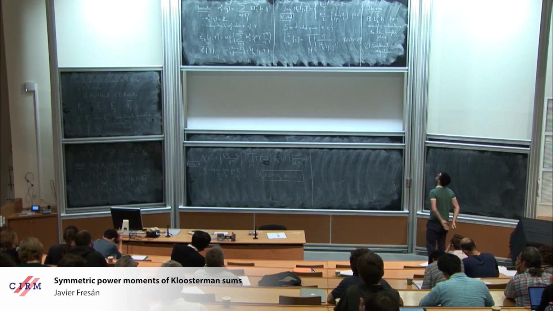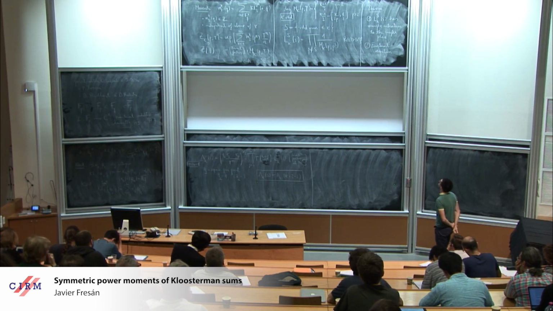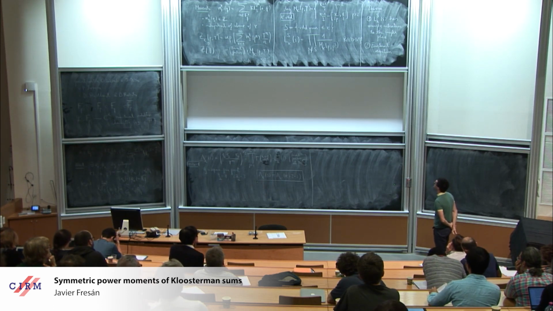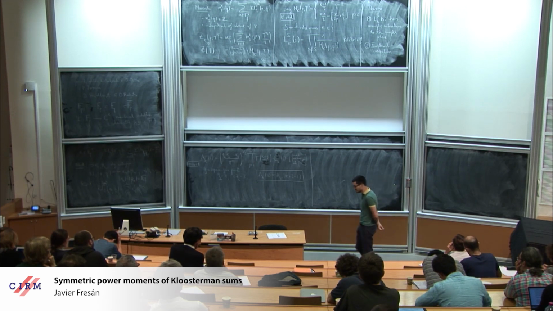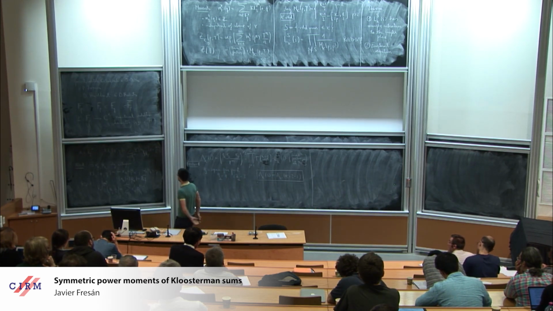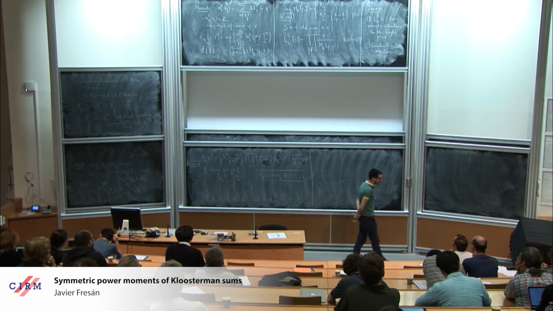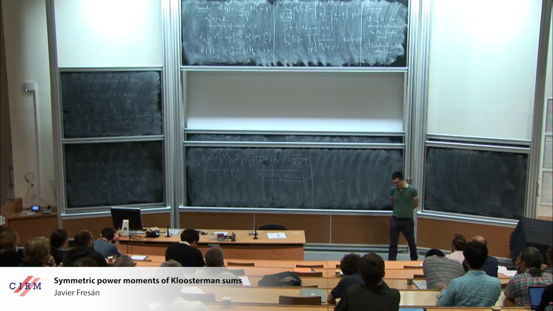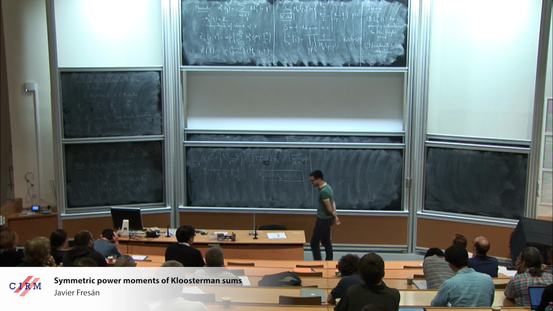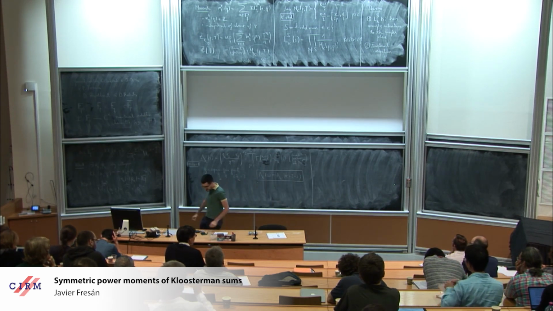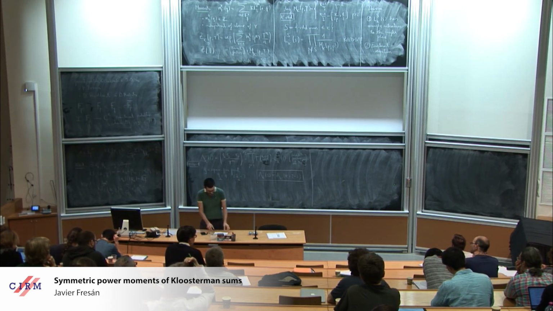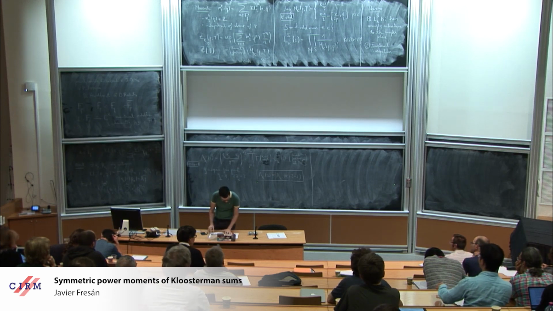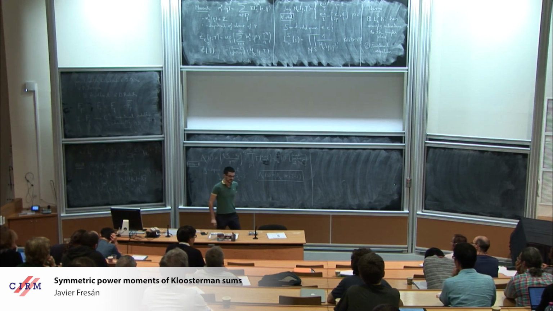And you can imagine the only way to prove such a thing is to construct a Galois representation that has these numbers, the moments, as traces of Frobenius, and then show that this Galois representation is automorphic or potentially automorphic. So this is what we do, and for this, luckily, we had a very powerful result of